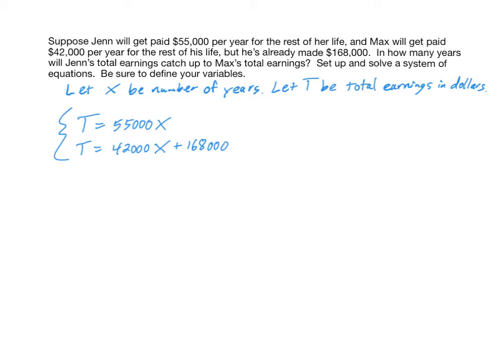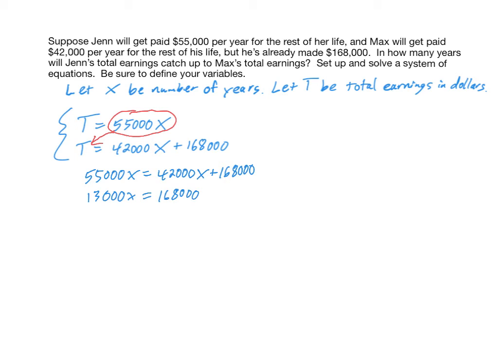Now we're going to take the result, the 55,000x, and plug that in for T in the other equation. And we get one new equation that has no T variable in it. We get 55,000x equals 42,000x plus 168,000. And now we can solve this equation. That's our third step. Subtract 42,000x from both sides, you get 13,000x equals 168,000. Then if we divide both sides by 13,000, we get x is approximately